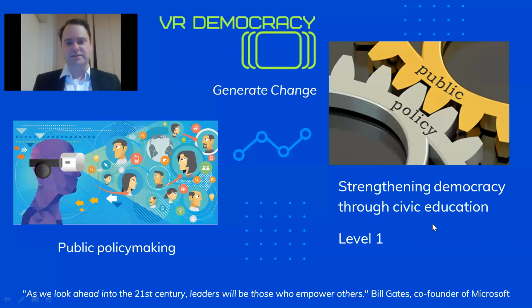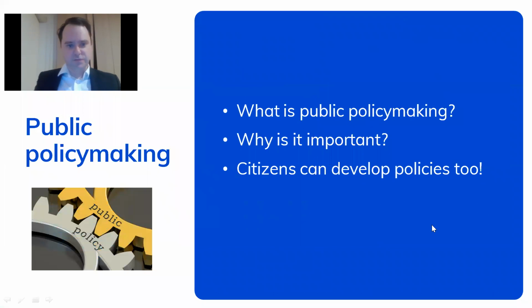So what we will talk about today is how to get started in making these policies. So first of all, what is public policy making? It is a connection between society and government, and it is a feedback loop between the two. But to put it simply, it is creating an issue or problem and then working to develop a solution to that problem with the governments or people in charge that can use their funds, create legislation or a new law, and to implement the solution to our problems. So that is what it is.